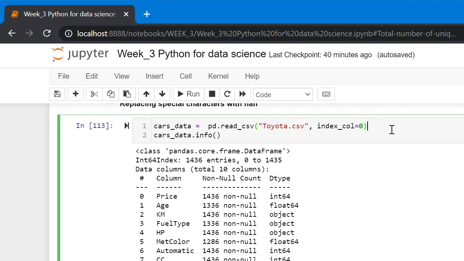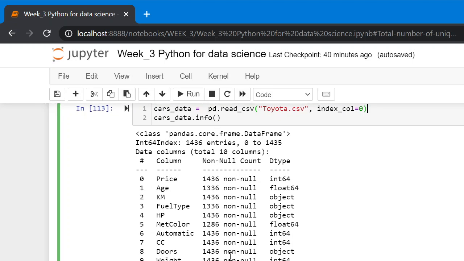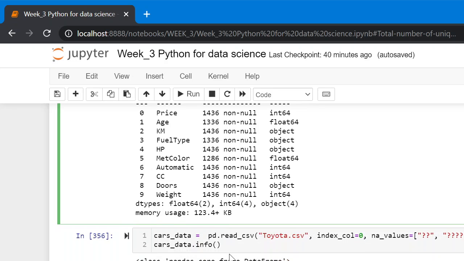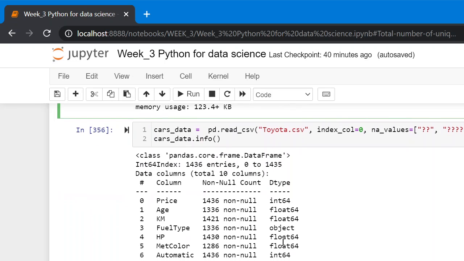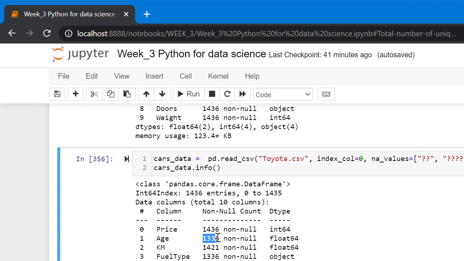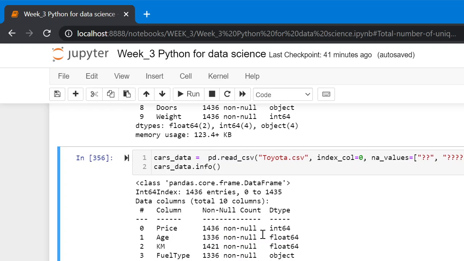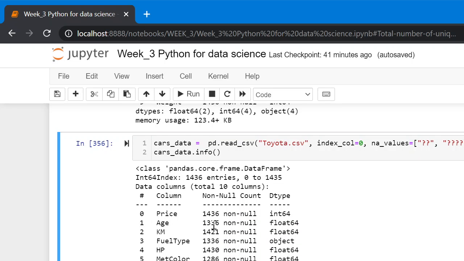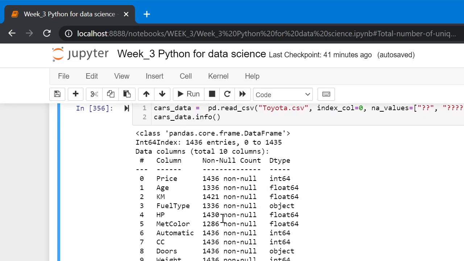So without using this argument and after using this argument, we can see there is some difference in the count. So those special values are now converted to NaN values.